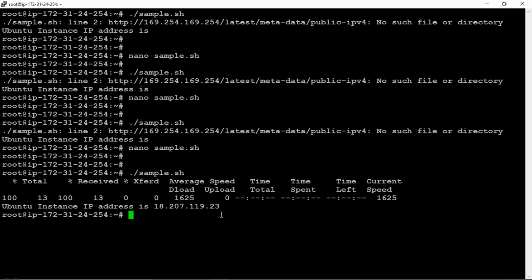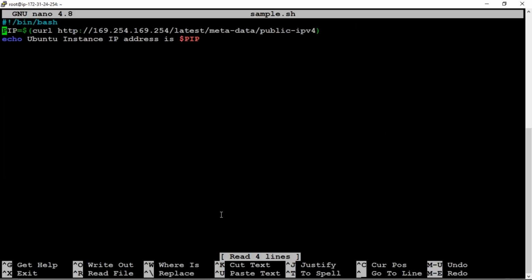So we can use the double quotes as well. So nano sample.sh. So echo. We can use the double quotes as well. It is changing. So for this one, now will it execute?